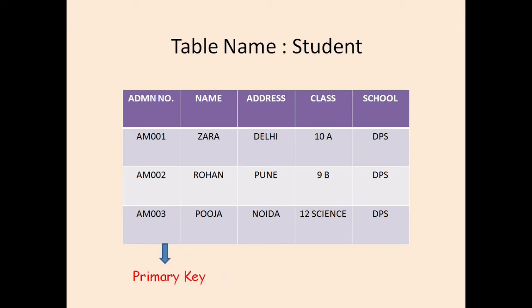One important property of the primary key is that in the column all the values must be different from one another. As we can see, all the values are different. We cannot have duplicate values inside the primary key column. Another thing to be remembered is that the entire table can only and only have one primary key. In any situation, we cannot have two primary keys inside one table.